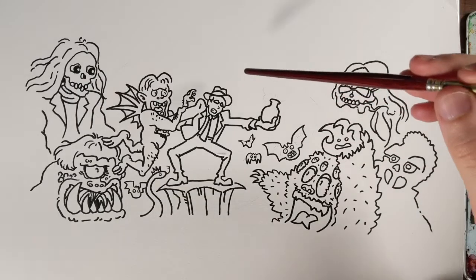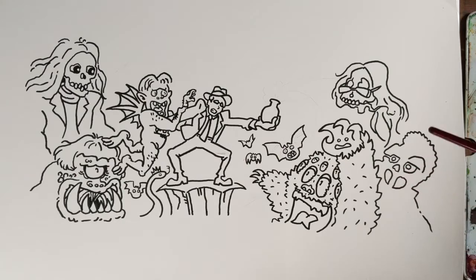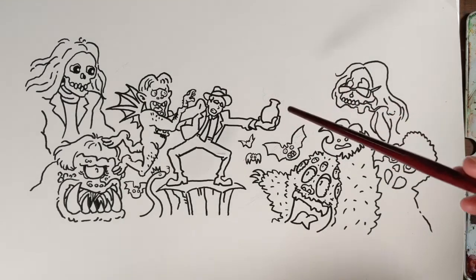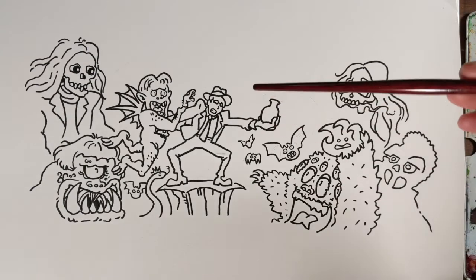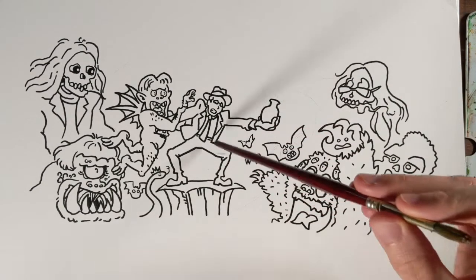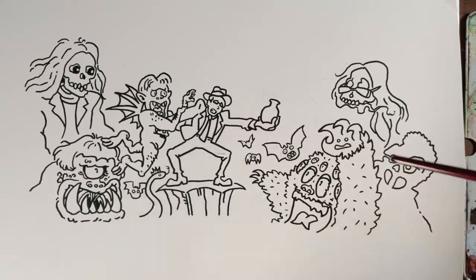Basically, most of the time I'll start with the background and work towards the foreground as far as coloring goes, and usually that's because the background will be a paler tone, or not as saturated, usually not dark. And then the figures in the front, like his suit is going to be very dark, so that's going to be probably the last thing I do. And the reason for that is because